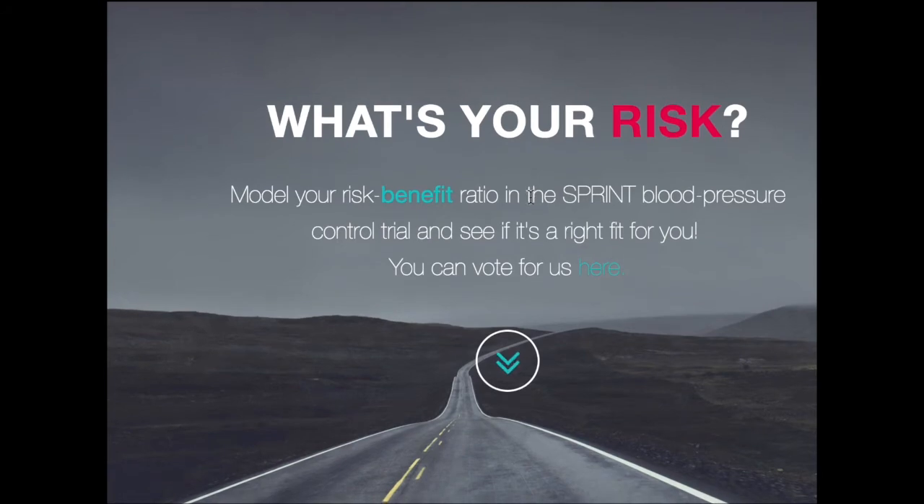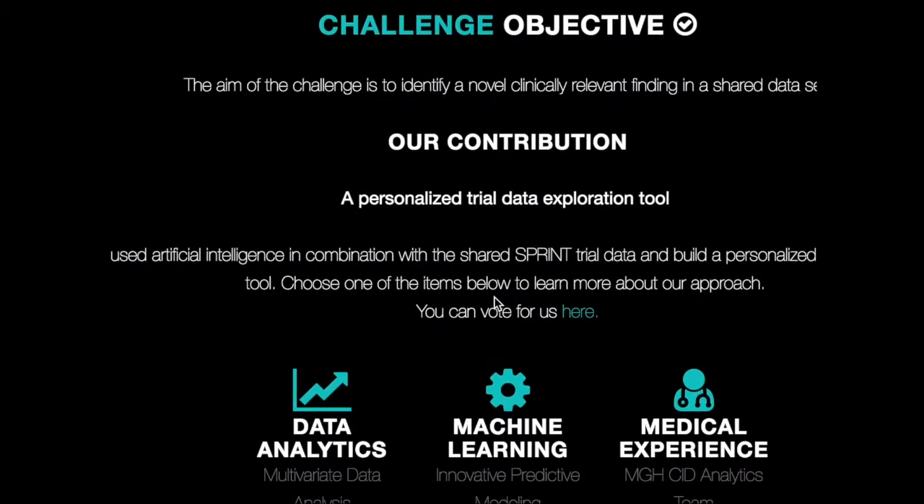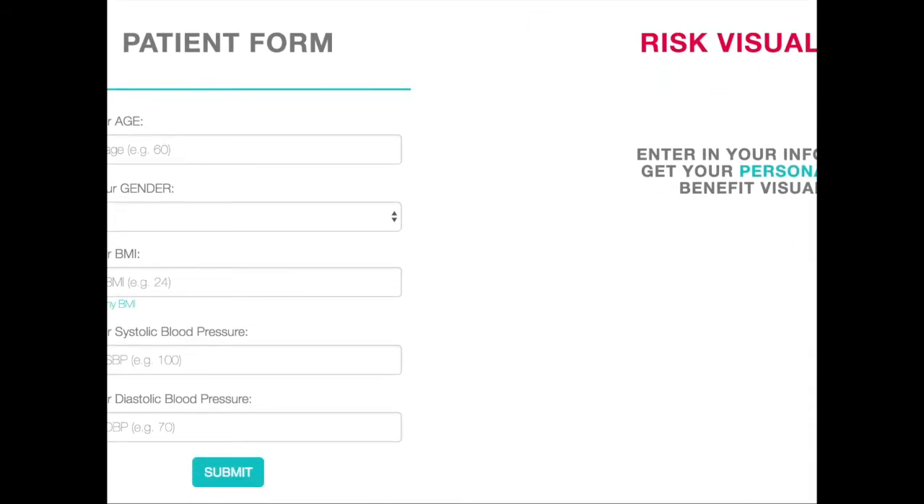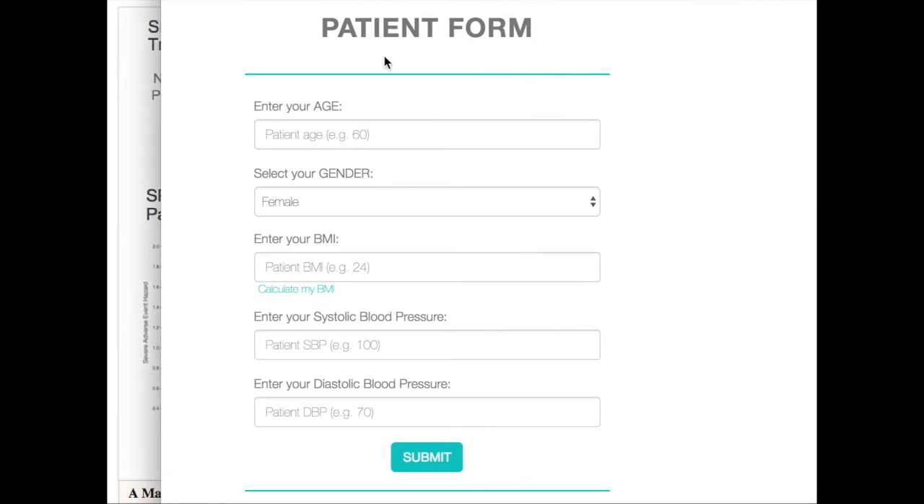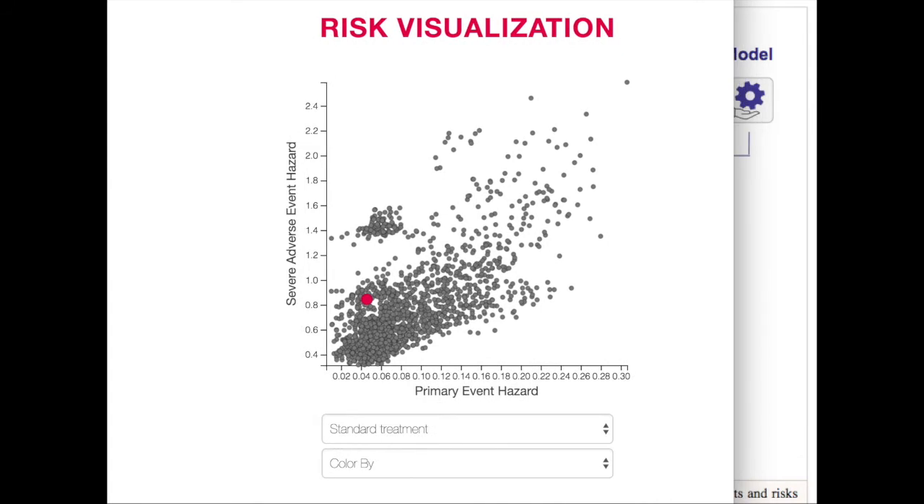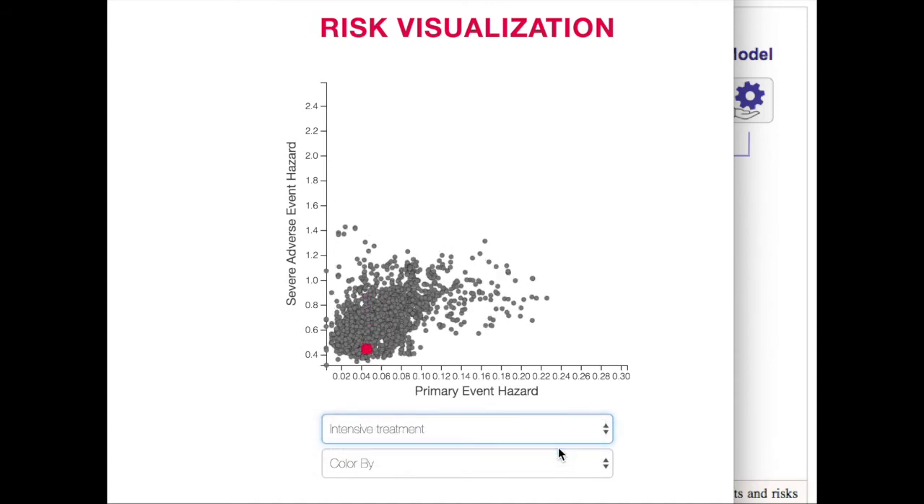So on the website, again, the link is below, you find our model and a patient app with some documentation. First, there's a patient form where you would enter these selected clinical features such as age, gender, BMI, systolic and diastolic blood pressure. You can run the model, and the visualization tool will portray the individualized risk profile, again, for the standard or the intensive treatment, and you can compare where this patient would fall in comparison to the reference population from